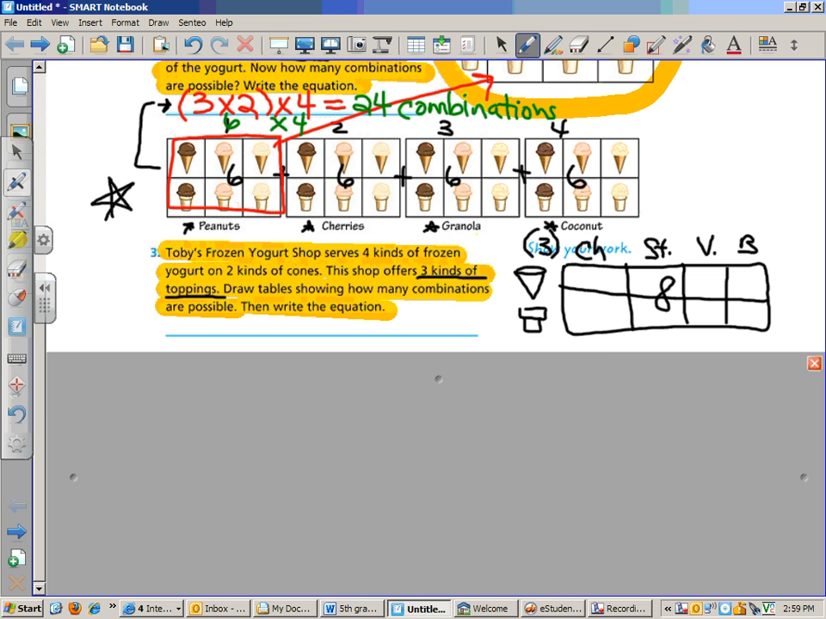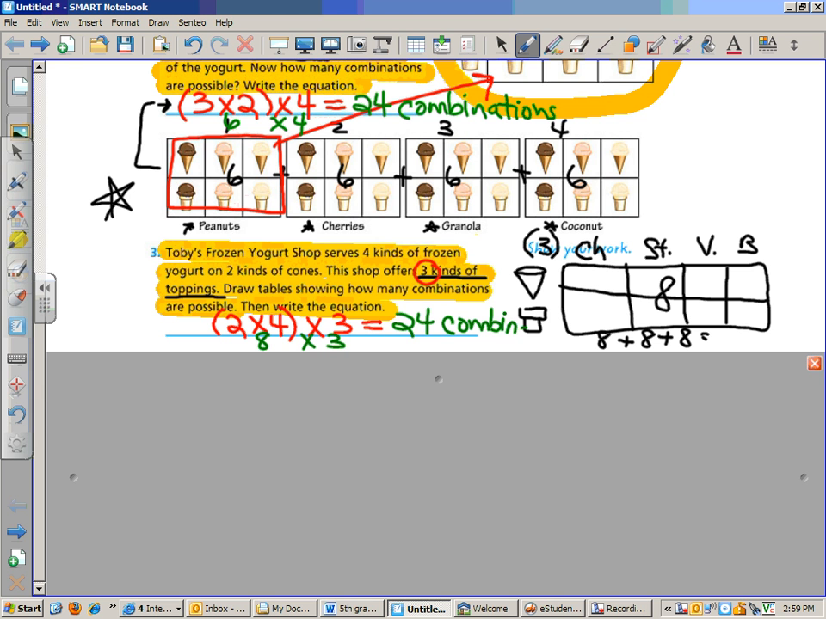And then we're going to see that we have 8 plus 8 plus 8 to figure out how many combinations. Moving that into an equation, we're going to start with our 2 cones times our 4 flavors, which we ended up over here with our 8. And then we're going to multiply that by the kinds of toppings that we have, so by 3. So if we were to solve this, we would say 2 times 4, we have 8, times 3, and 8 times 3, we have 24